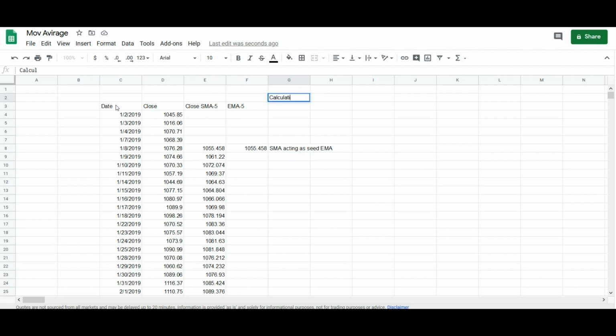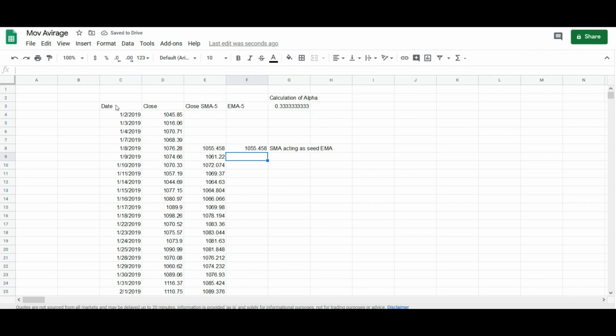If you remember, the formula for alpha is 2 divided by the period plus 1. So for a 5-period EMA, alpha will be 33.33%. In a 5-period SMA, all 5 periods will have 20% weight. In a 5-period EMA, the current observation will have 33.33% weight and the remainder 66.67% weight will be used for the prior period's EMA.